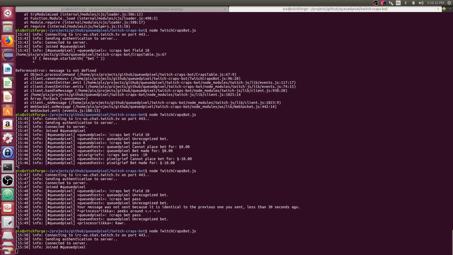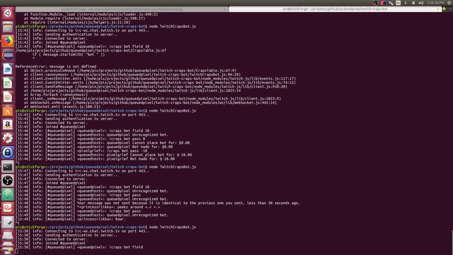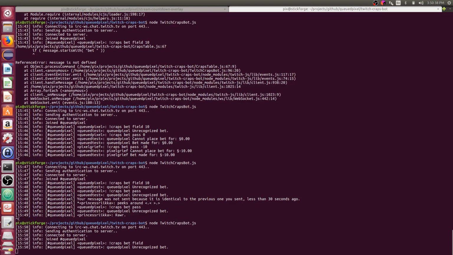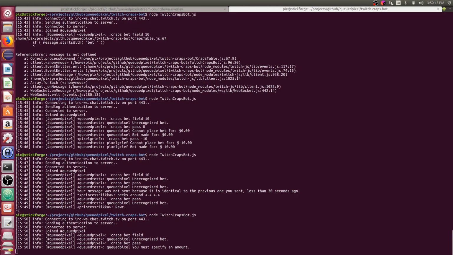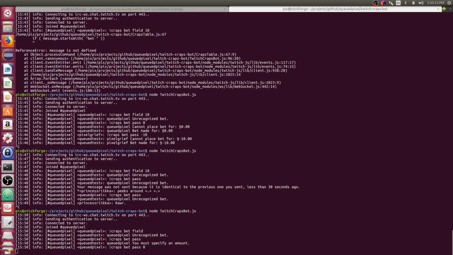So same as before, let's try craps bet for the field. Unrecognized bet. Say craps bet pass with no amount. You must specify an amount. Craps bet pass for 0.